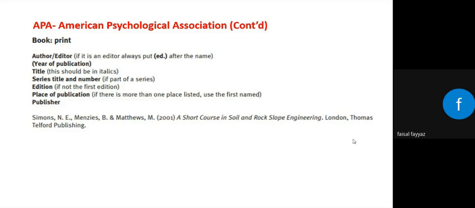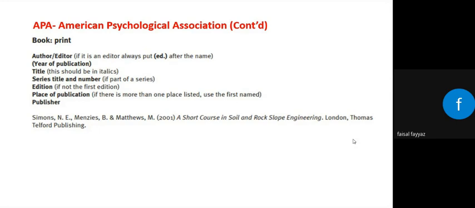So try to basically omit that thing. Otherwise, provide second edition, third edition, or whatever if you like. Place of publication, where it was published. If there is more than one place listed, use the first name. So you have to provide the first name where it was published, and after that, according to sequence, you can